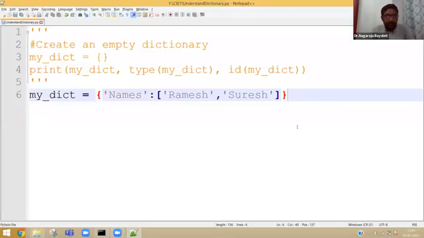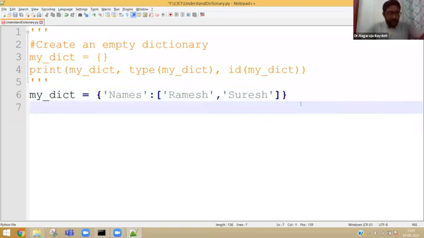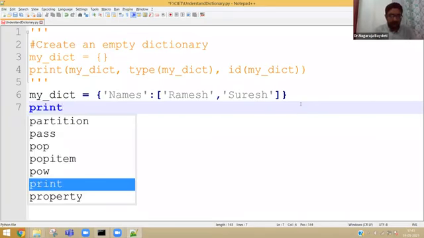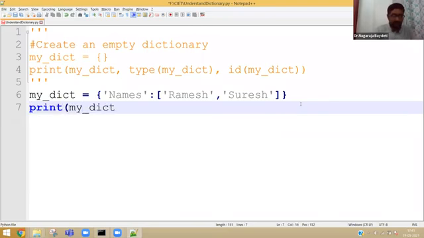Let us continue. So I think Ramesh, Suresh, the names are very famous. I think one of the advertisements of 5-star chocolate, right? So I have used it. So here, names is the key, and Ramesh and Suresh are the values of the key names. So you can simply print my dictionary.